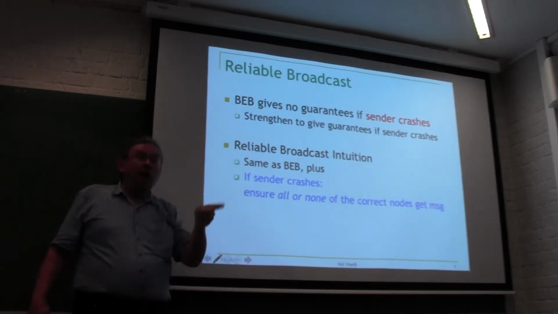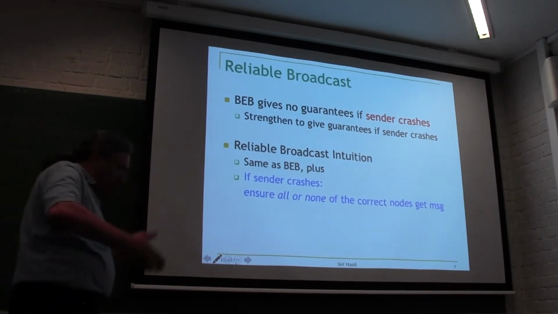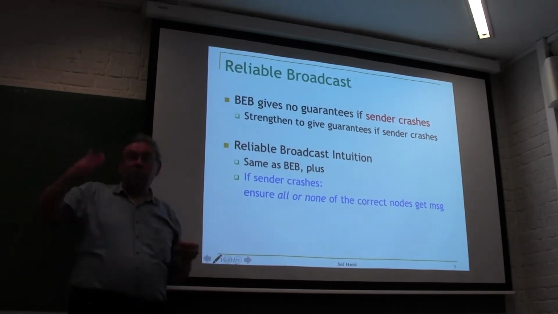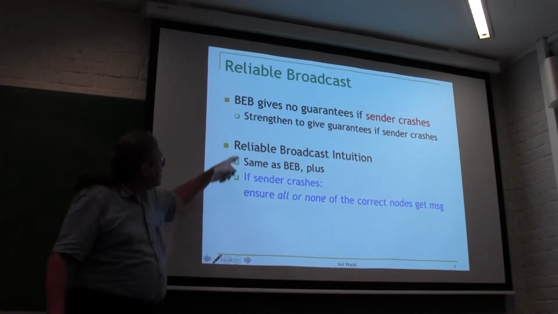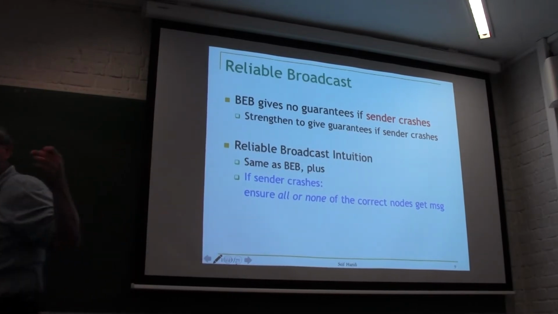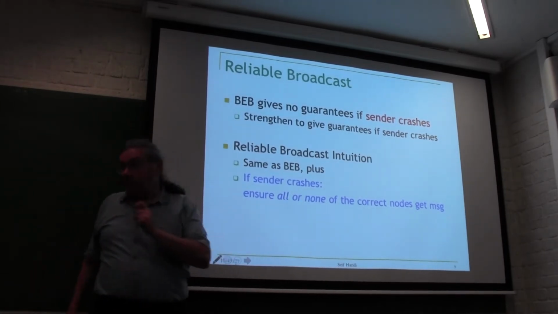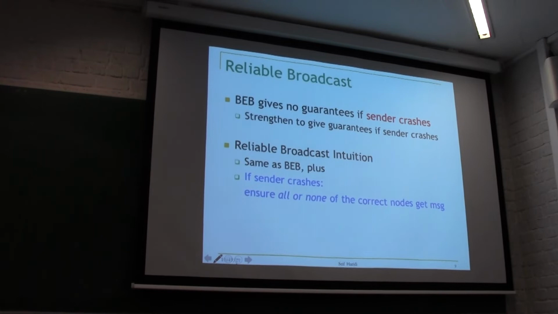And you know how fast your network is, so in practice you can usually make a pretty good cutoff on that. But in this reasoning, we only know eventually. Eventually means finite time. That's a pretty good thing. So all or none: when the algorithm is done, it will be all or none. That's very nice, and it's much better than best effort.